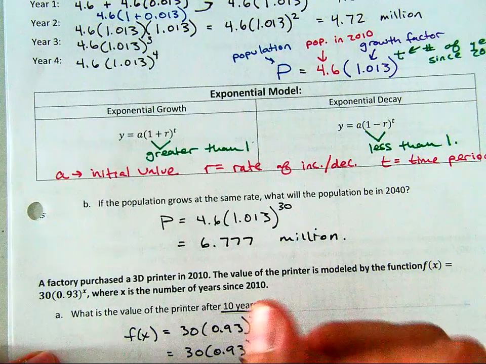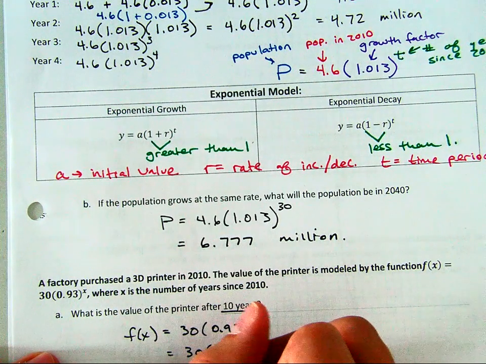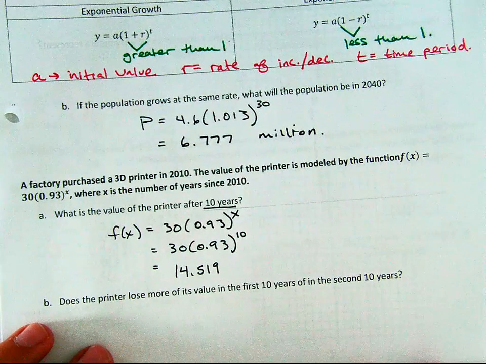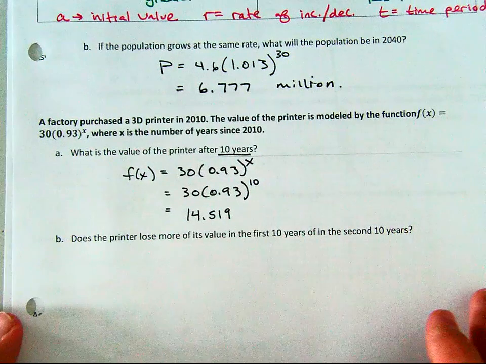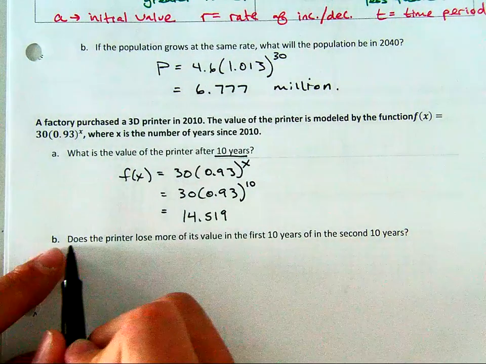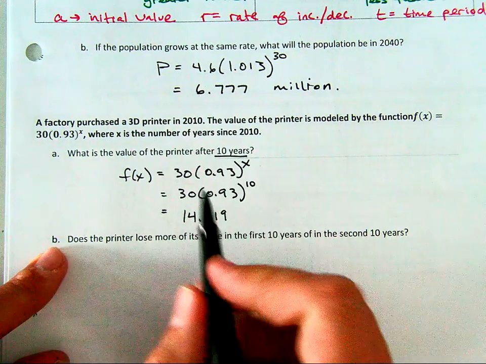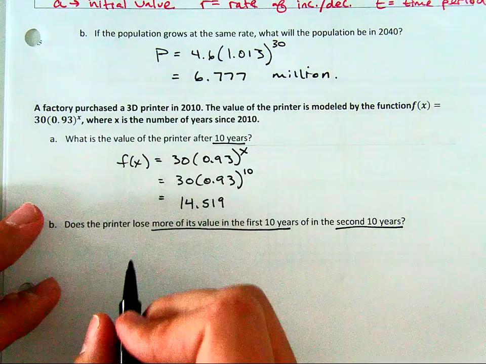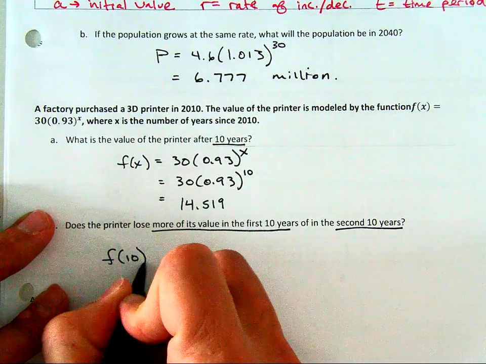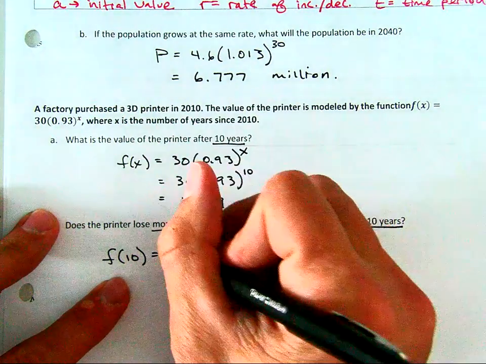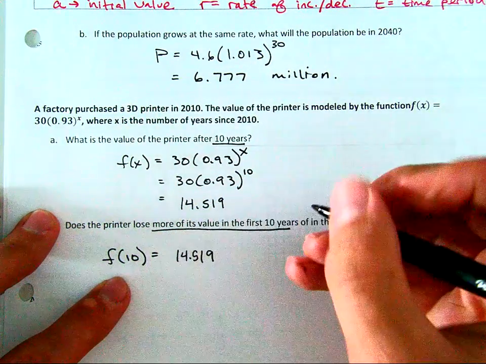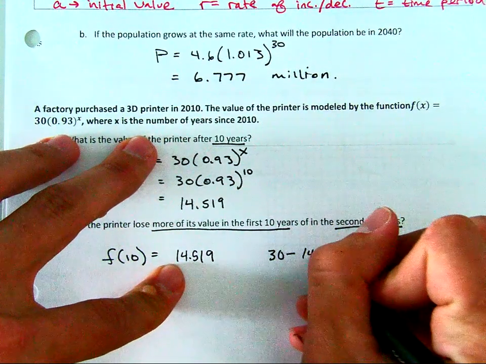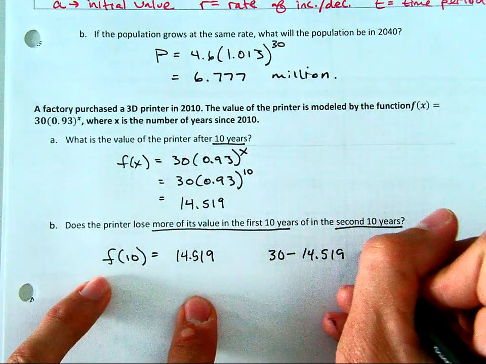Actually, we'll go ahead and do this part. I'll just give you some of the numbers. The second part asks, if the printer loses more of its value in the first 10 years or the second 10 years? Well, the first 10 years we find by evaluating f of 10, which we just found as 14.519. So the difference from the initial value of 30 to the value after 10 years was 15,481. Actually, sorry, I'm assuming we're talking in thousands, but